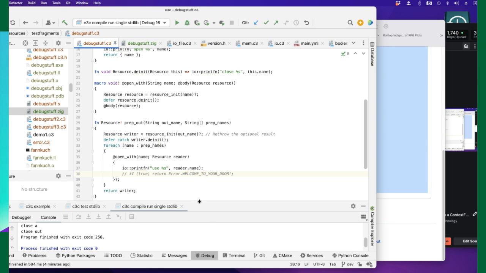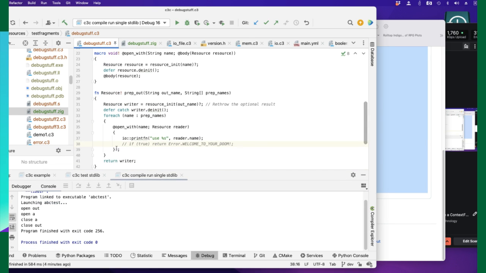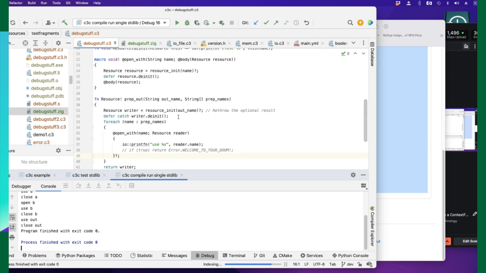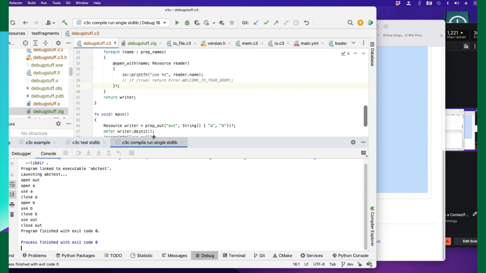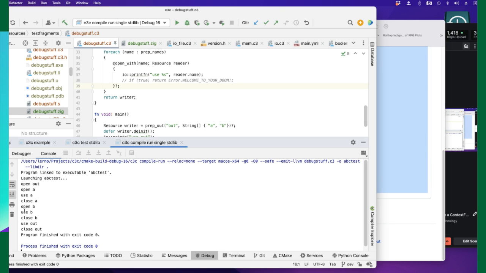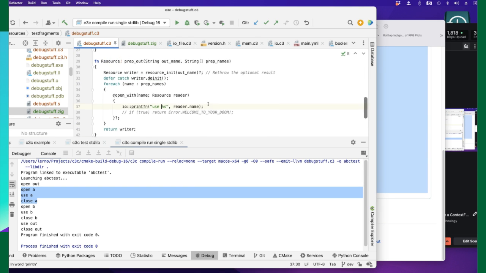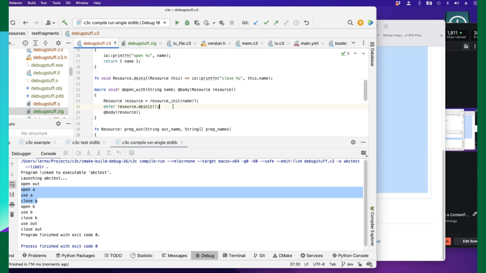And let's see if this compiles, because I just realized that this might be weird to the compiler, but it should work, but might not. Yeah. So here we get the same thing, right? We get an open A, close A, but this is what's doing it, and maybe we can prove that by saying also